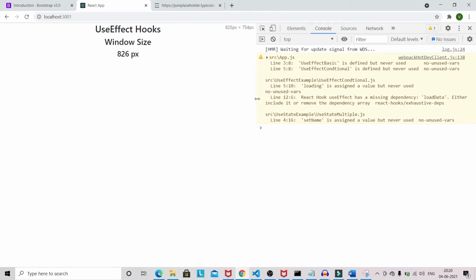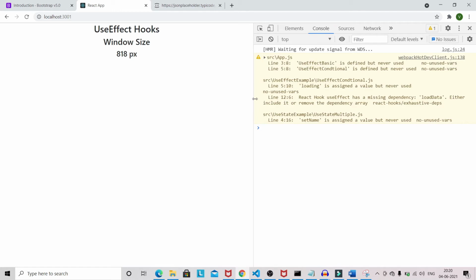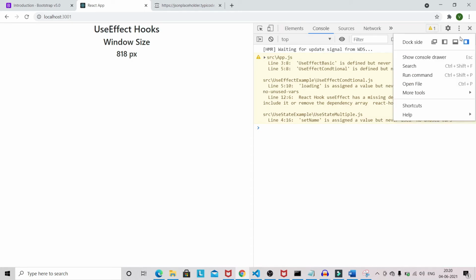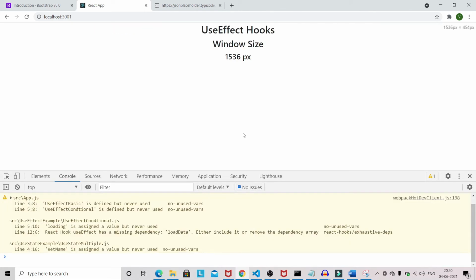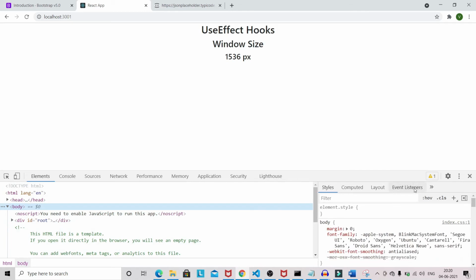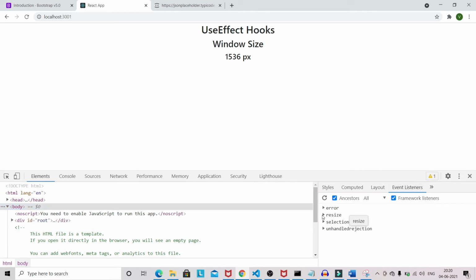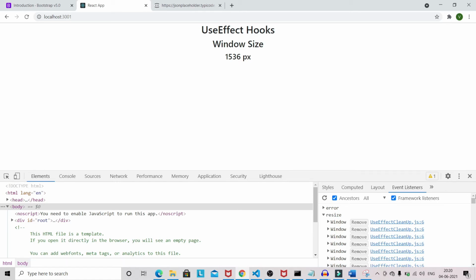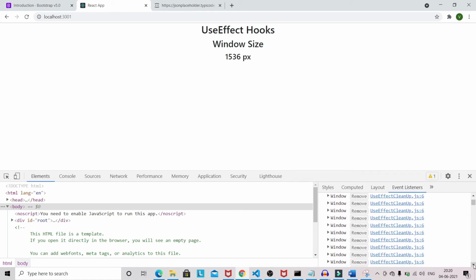You might think that we have solved the issue, but we have another issue. I will show you. So I will just make it down here. Now if you go to this area, event listener, and if you open this resize, you can see that we have called this resize listener many times.